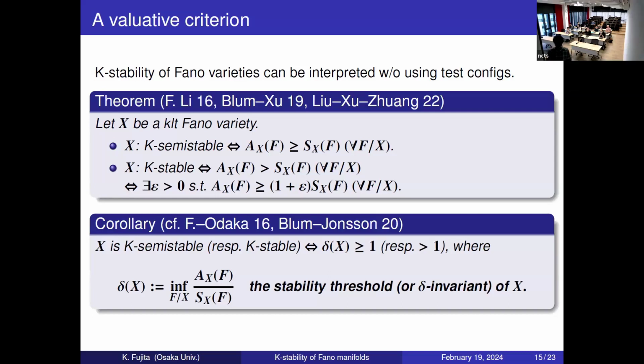That is, in place of considering delta X, consider the delta torus invariant of X. Torus means a maximal torus of the automorphism group of X. So I mean, it's better to consider K-stability killing the automorphism group. So,